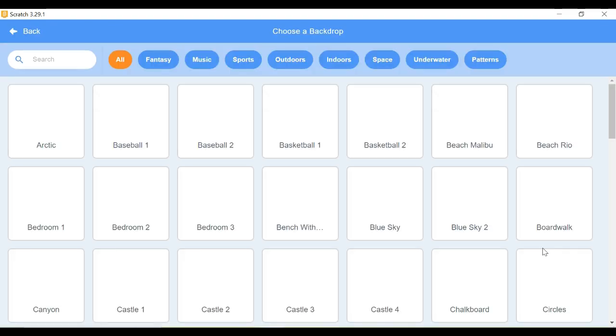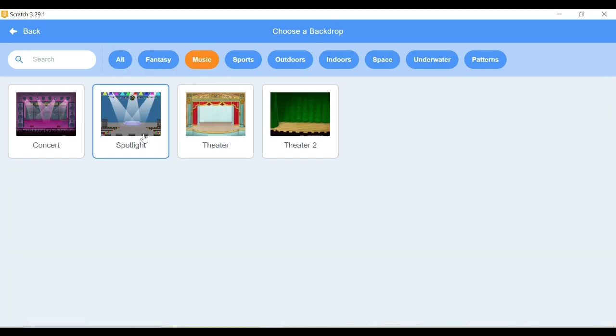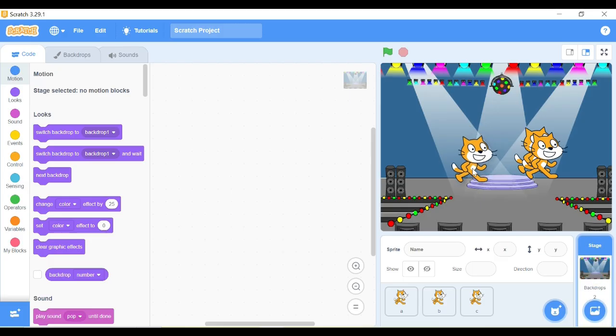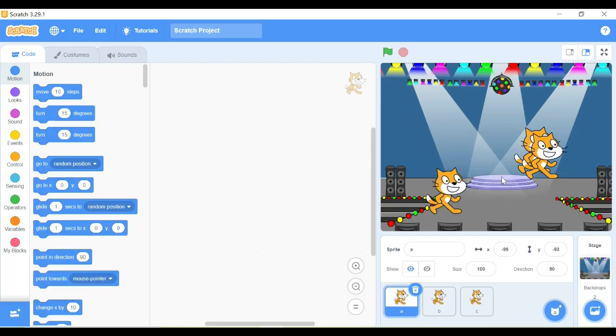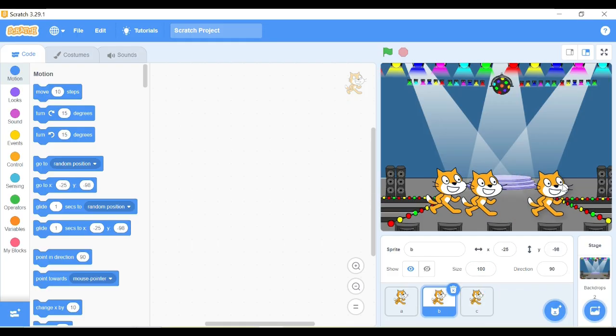Go to stage, choose a backdrop, and go to music, take this and take spotlight. Put this one here, A here, like this, and C. Put C here and B up here on the stage, like this. Now go to A,